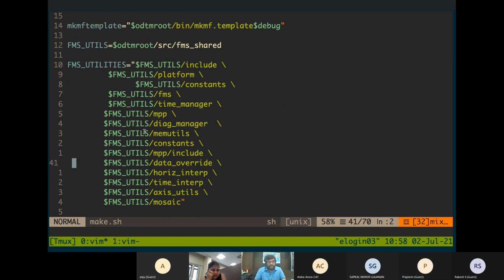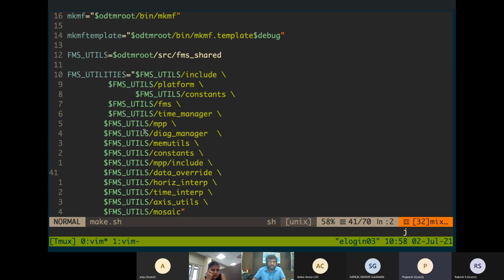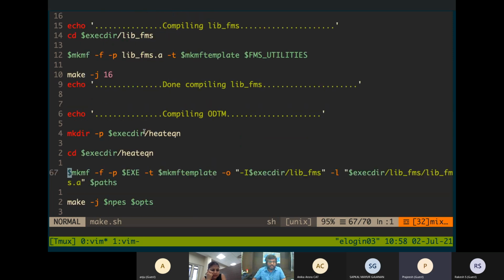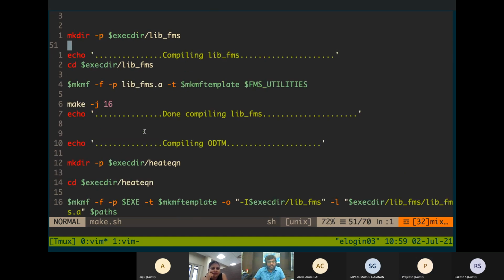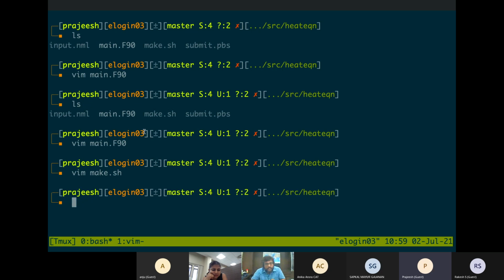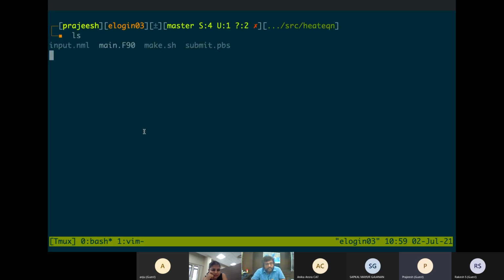This compilation script is a little complicated actually, because while using FMS, we use a method for compilation.